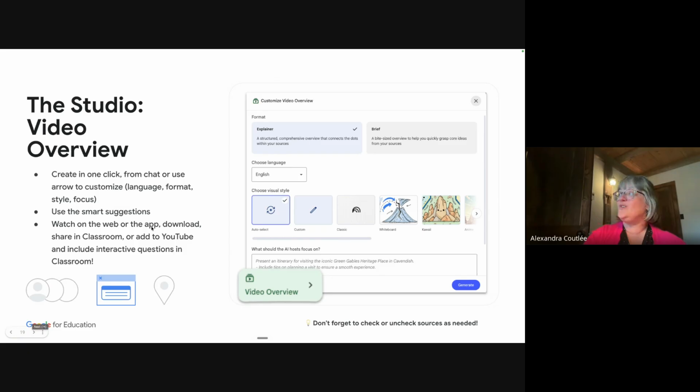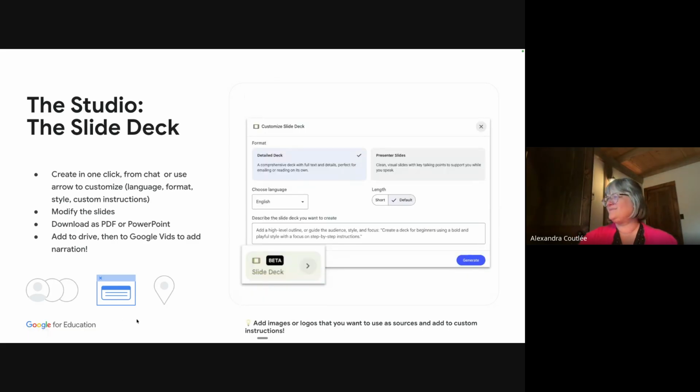So make sure to use the customized instruction to make sure it's really what you wanted and what you needed to focus on. What should the AI host focus on for the podcast and for this one? See it as if you're the producer and you're speaking to the presenters and telling them, don't forget about this and please focus on this, and give them instructions, and then you'll be more satisfied with the results.